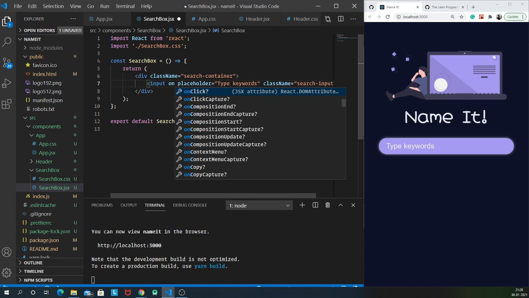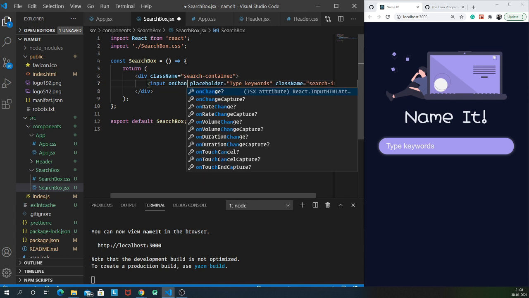There are many events. In React, we have synthetic events for these, very similar to what we used to have in HTML, which we used to call onSubmit or onChange. We also have that in React. So I am going to use the onChange